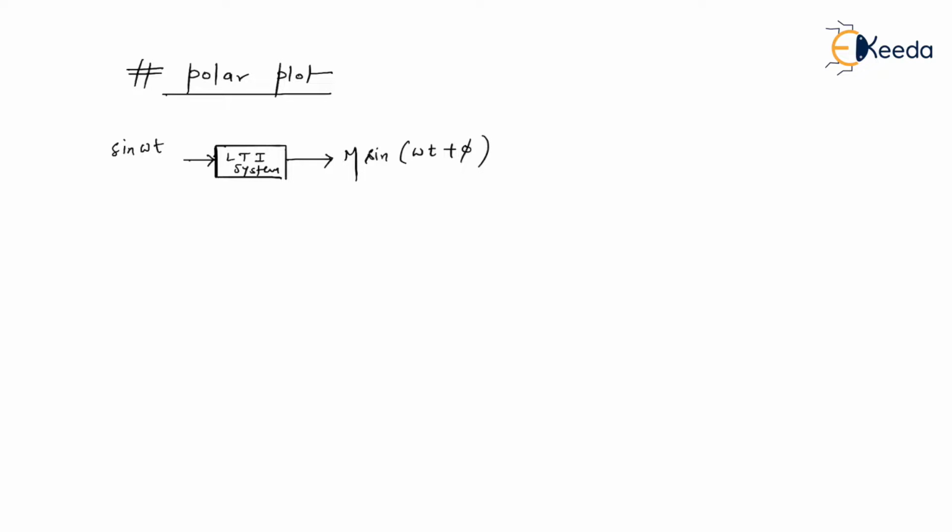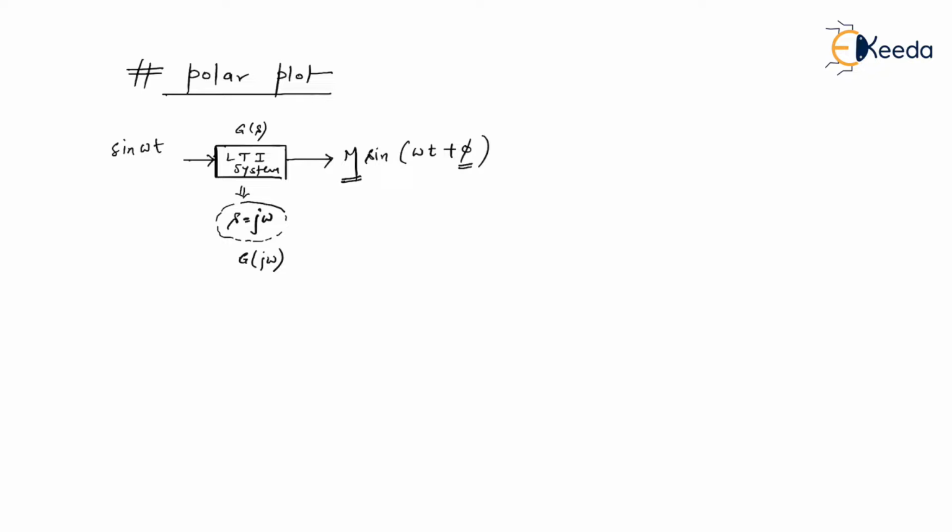So now we are concerned with calculating this magnitude as well as the phase. Where and how do we get them? For that purpose, what should be known to you is the transfer function of the LTI system. Let us assume that the transfer function is g of s. I'm sure you remember that we substitute s equal to j omega, considering the sigma part to be equal to 0, in order to do the frequency domain analysis. So what we get is g of j omega.